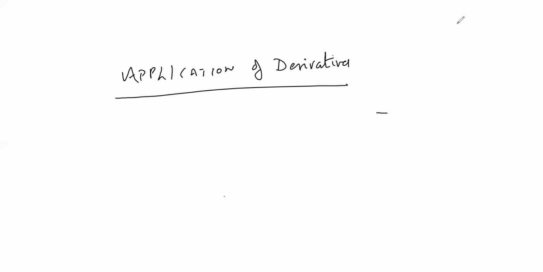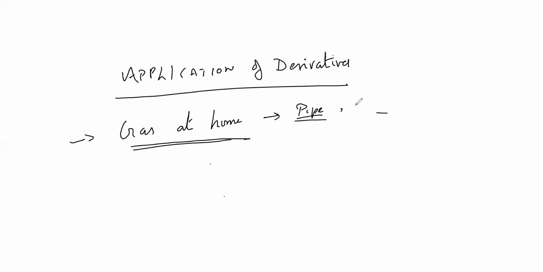Or why should we study this thing? Application of derivatives. Okay, fine. Now I'm getting almost 5 to 6 answers. Yeah, perfect. So guys, I will tell you. So we all have got what? Gas at home. Correct? And there is a pipe also. There is a pipe, there is a knob, everything is there, right? So which means while designing that knob or that pipe, we have to be very accurate.